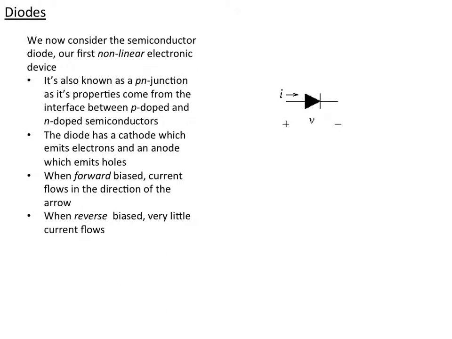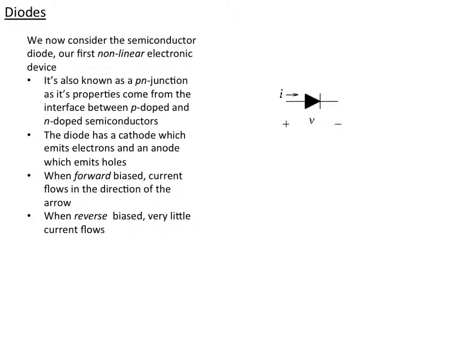Okay, so now we're ready to move on to consider a component that is nonlinear, the first time we've done that, and that component is the diode. And so I've drawn the schematic version of the diode there. We also call the diode a p-n junction